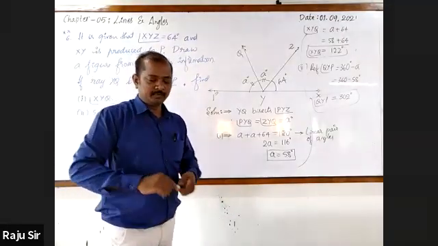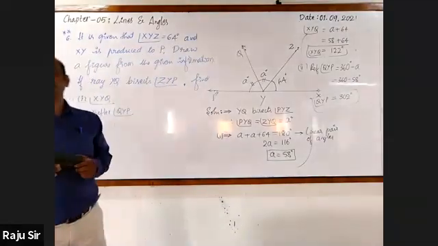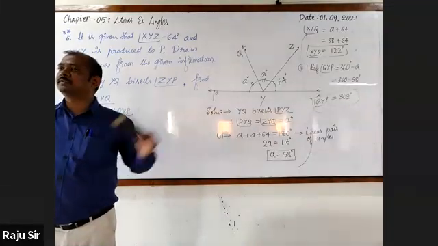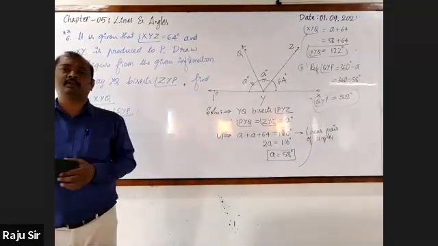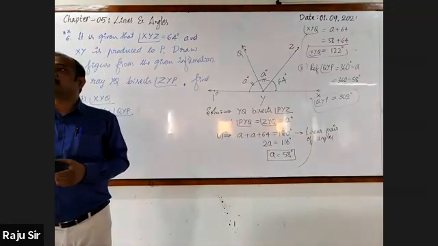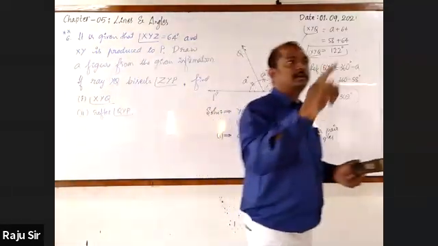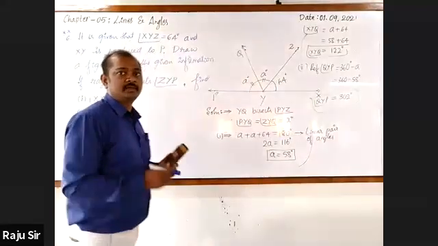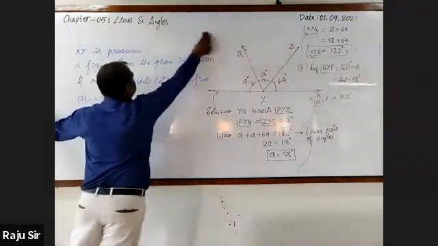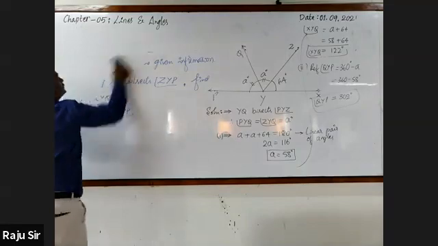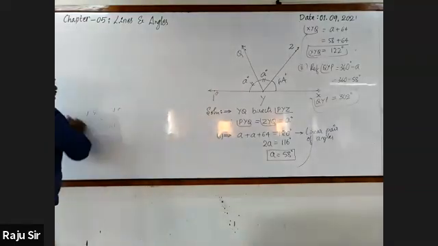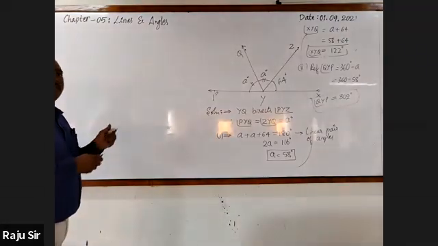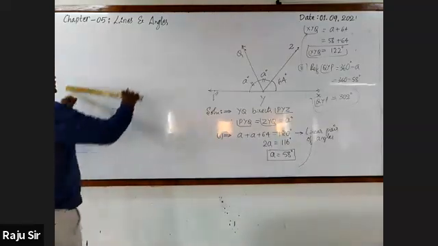Now we are moving to a pair of lines. A pair of lines, when extended on either side, do not intersect at any point. Parallel lines are a pair of lines whose perpendicular distance is the same at all points. Don't write anything. First observe. Let me draw two lines which are parallel to each other.